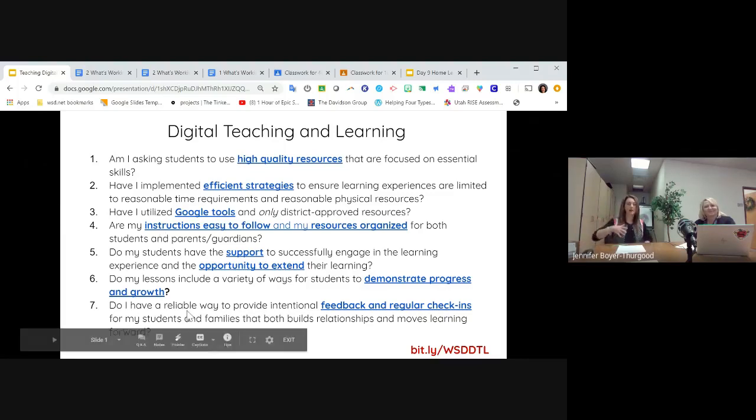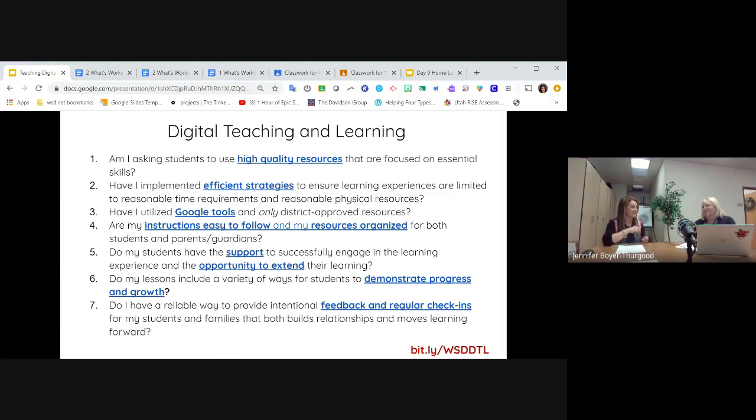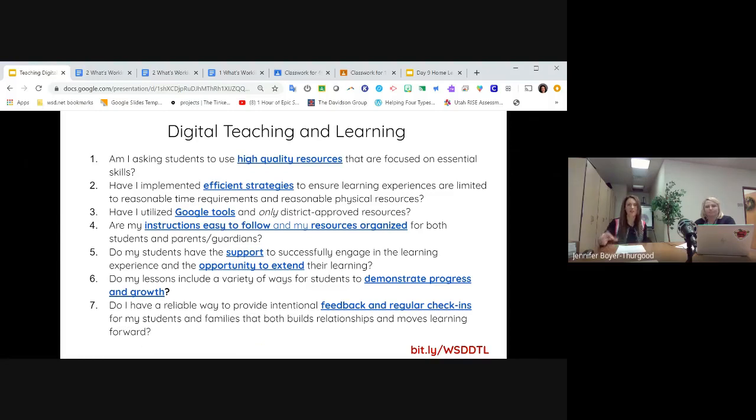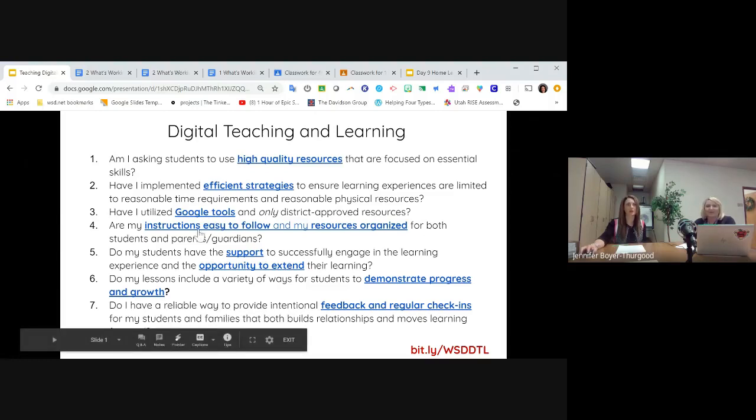Again, we have parents on a spectrum of those who are used to using technology, those who use it in their own lives but are kind of getting used to this teaching and learning happening for their kids. Making things as easy to follow as possible is the best. And in this situation, the less clicks, the less places I have to visit, the better. And quite frankly, we're all new to this. We're creating Google Classrooms. We're not sure how to set them up. And there's lots of different ways to do it.